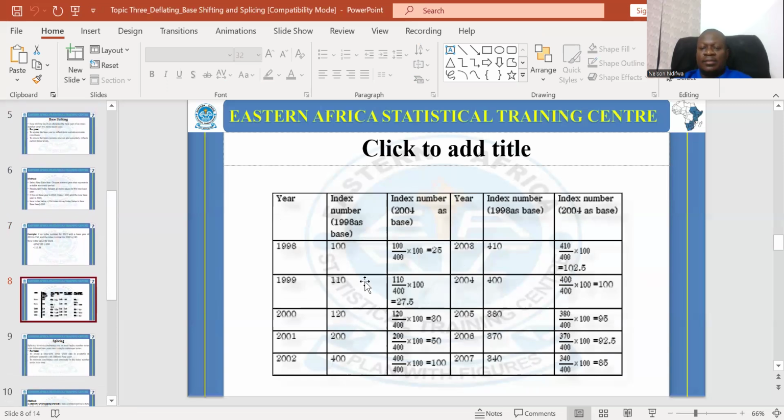We have here the table. In this table, we have the index numbers for the base year 1998. Starting from 100 for 1998, it goes up to 2007, where the index is 840. So if we decide now, let's say, to use a new base year, we shift it from 1998 to 2004. So the formula would be